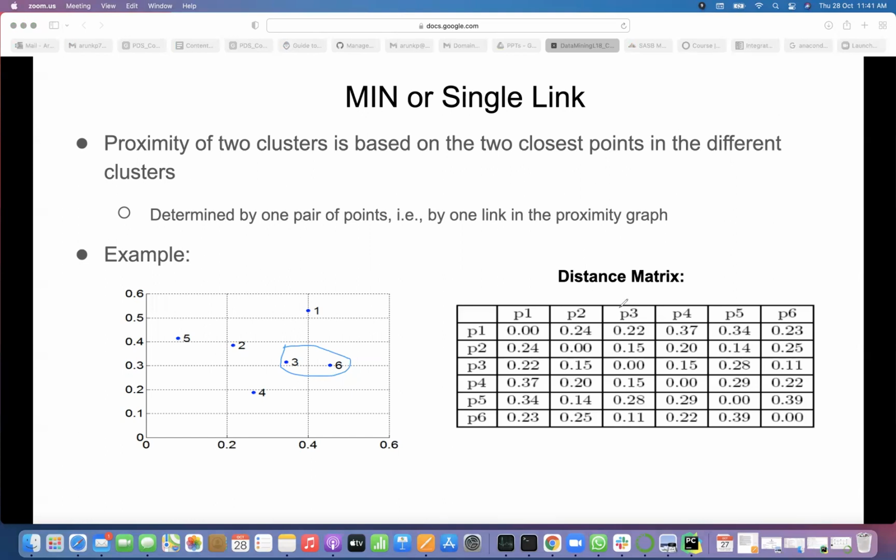Now this P3 will go, this column will not be there. A new column will come. This P3 also will not be there. P6 also will not be there. So you will have a new cluster that is P3 and P6.